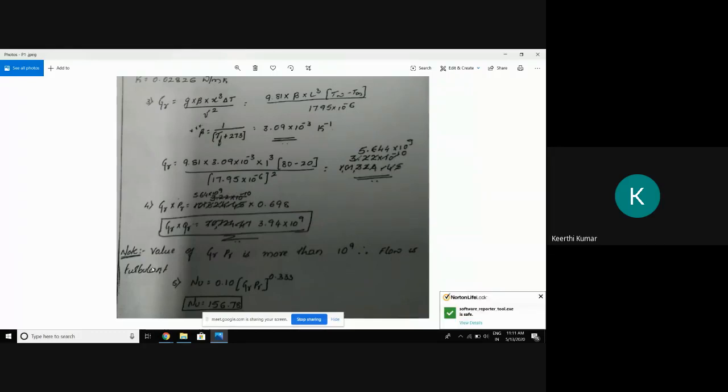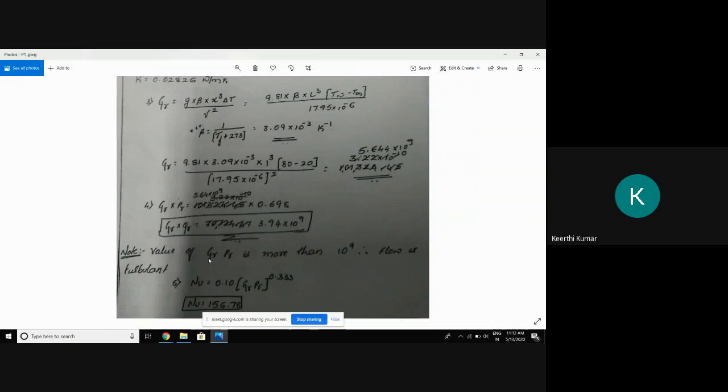See, even though it is a free convection or natural convection, we can come across turbulent flow and laminar flow based on the product of Gr into Pr. So where is that given? Gr into Pr, if it is more than 10 to the power of 9, it should be considered as turbulent flow. That is given in the topic of 2.1. You can go for free convection. Under the table, you check out 2.1. There, turbulent flow. If the product of Gr into Pr is greater than 10 to the power of 9, you should use the formula for further calculation.